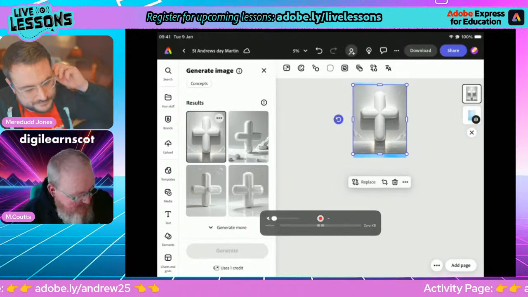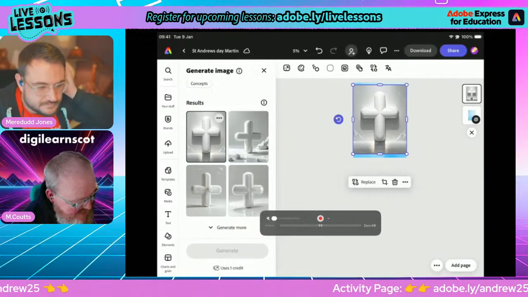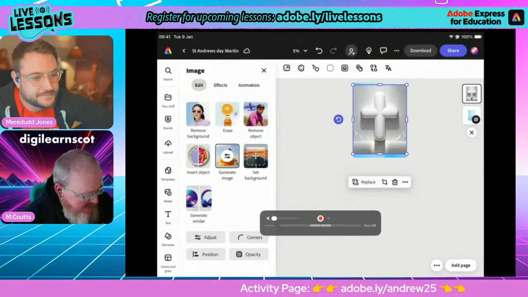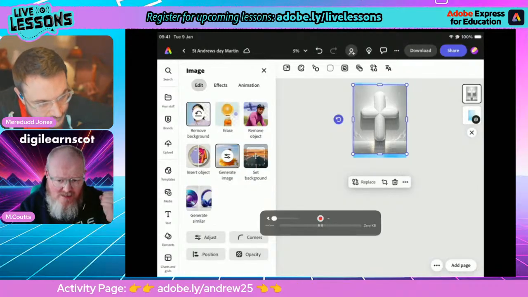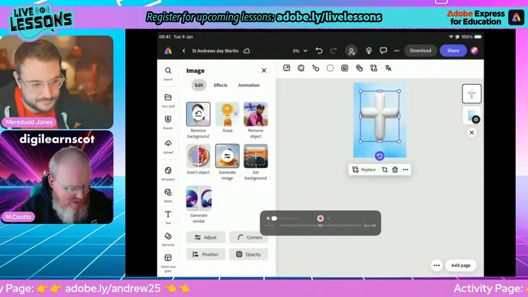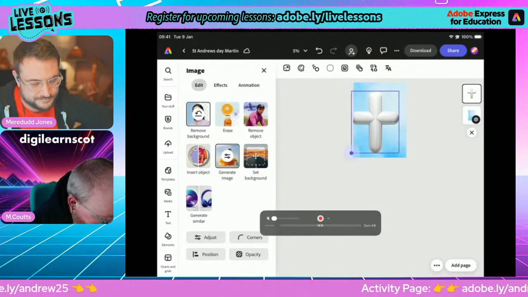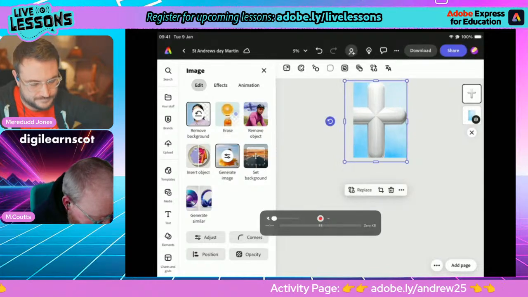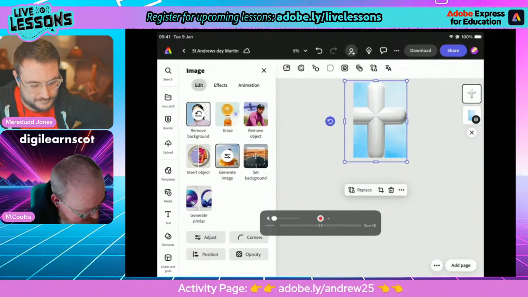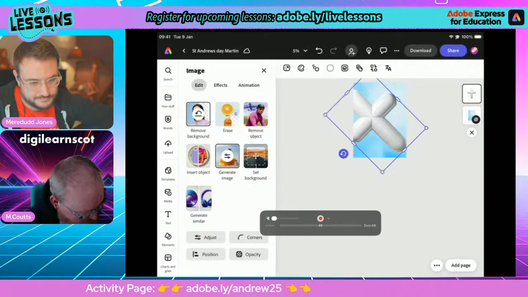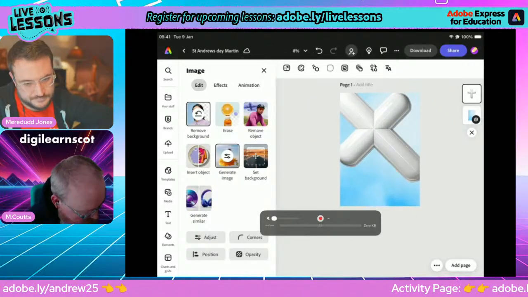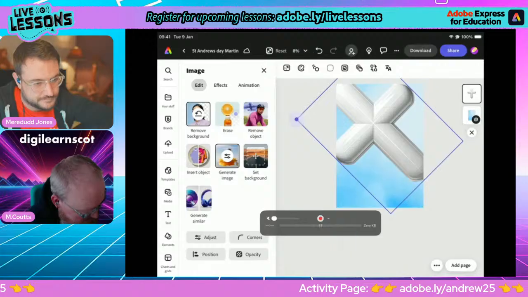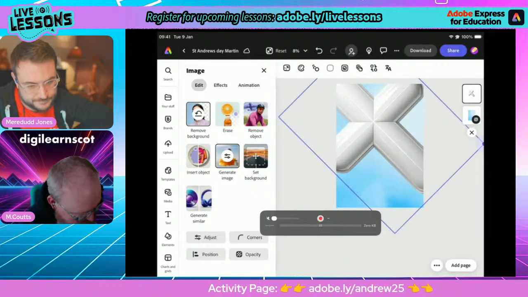So I'm going to do the same thing. I'm going to tap the X next to the generate image, and I'm going to tap remove background. And it does this really quickly. It does this using AI in the background, and there we go. So now I'm going to increase my size a little bit. My rotate button is at the side where I'm going to move it. I'm going to bring it a little bit bigger so that we can see it, increase the size, just going to keep going,